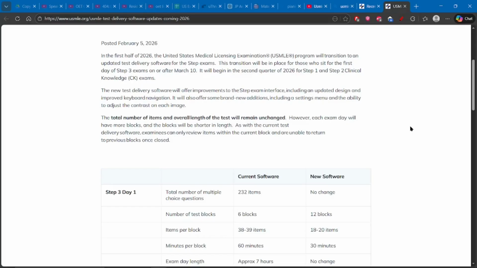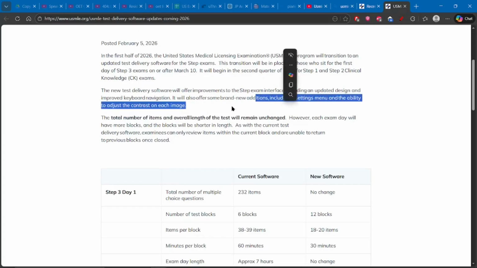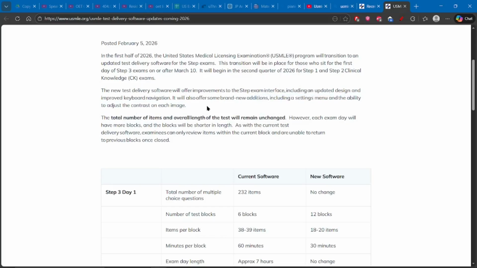I've read in this news that there's going to be a slight change. There are speculations that they are going to add a contrast slider in radiological images so that they can be viewed more clearly, and that shows us that the exam is moving towards a more image-based format and image-based questions. This is written over here. There's going to be a settings menu and the ability to adjust the contrast on each image. And there's going to be an updated design and some improved keyboard navigation. So that is what they are saying.